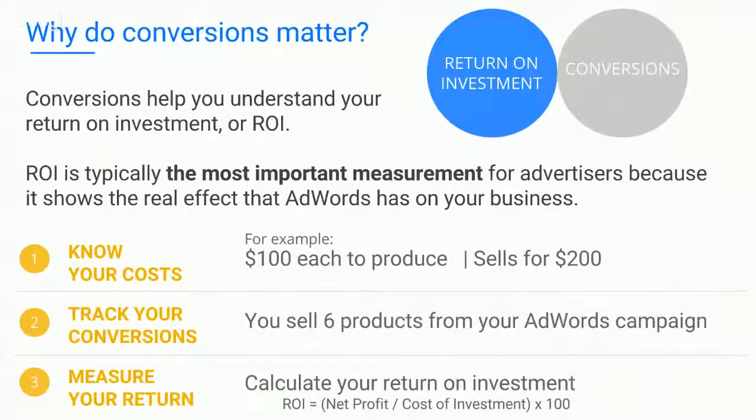Now, why do conversions matter? As I briefly stated, it's all about measuring your investment with AdWords. You don't want to spend money and not know if it's working. With conversion tracking, you can see exactly which campaign, ad group, ad, or even precisely what keyword triggered someone to go to your website and perform those most valued actions for you. From there, you can calculate your return on investment more accurately. You know how much it costs to produce your product. Then you can add in the money you spend on advertising for that product, divide by what it sells for, and see those figures completely.